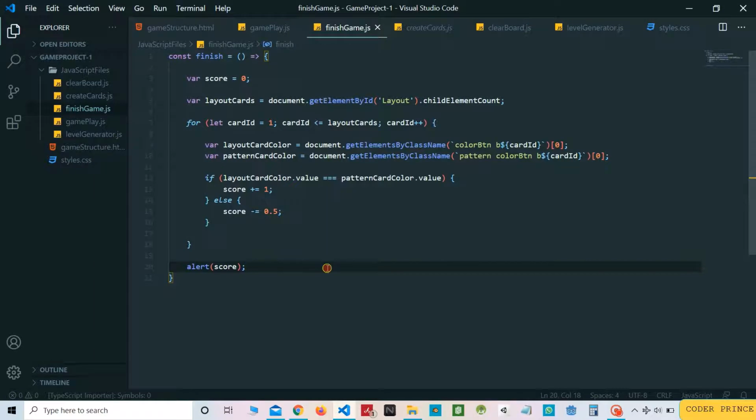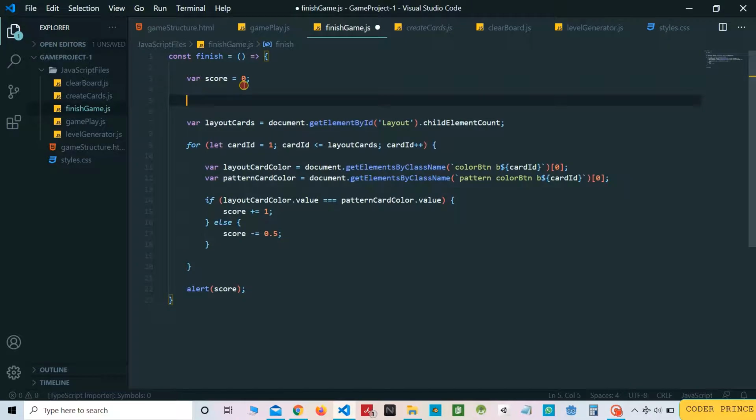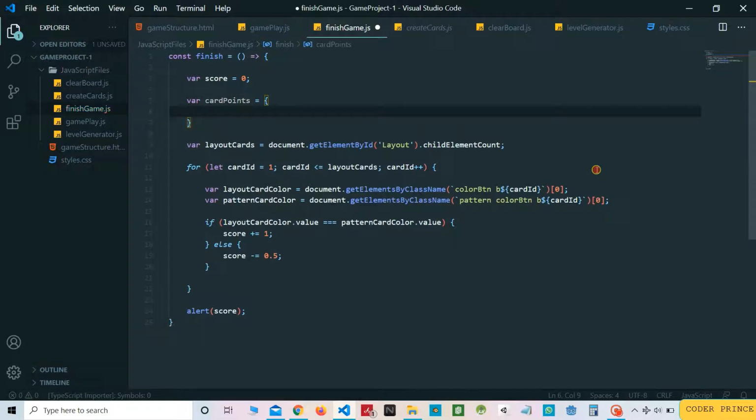Now instead of just adding some constant value for every card, we will give each card individual values. So let's create an object. Let's call it card points. This will be an object, so use a flower bracket to write an object, and an object will have key value pairs.